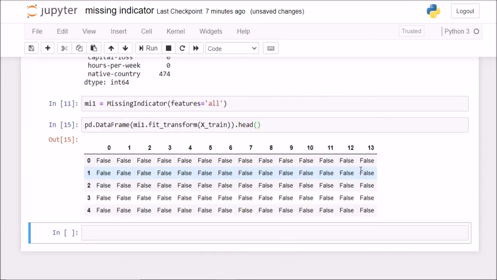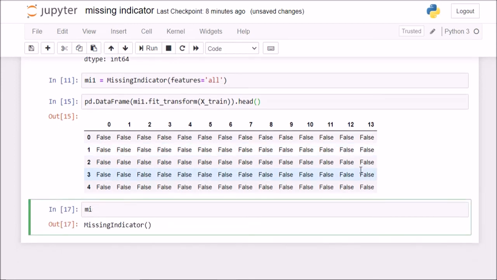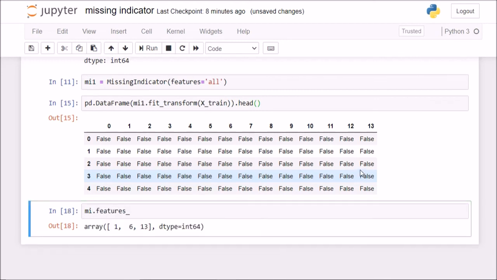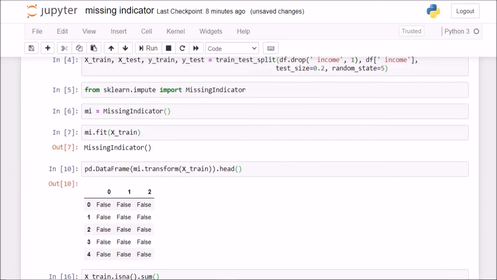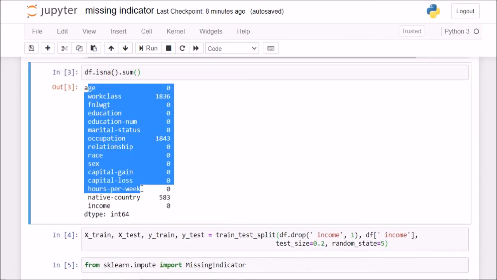Now there's just one more thing to note here. When I call the first missing indicator object that we created, with features equal to missing-only, and I check mi.features_, it gives me 3 values in this array: 1, 6 and 13. These are the index positions of the columns in the original dataset.